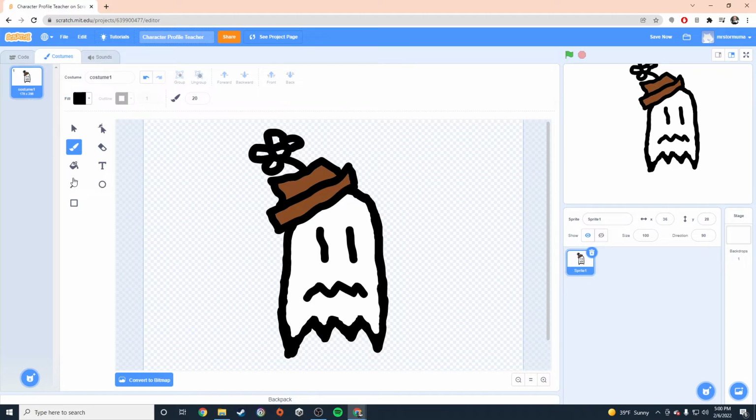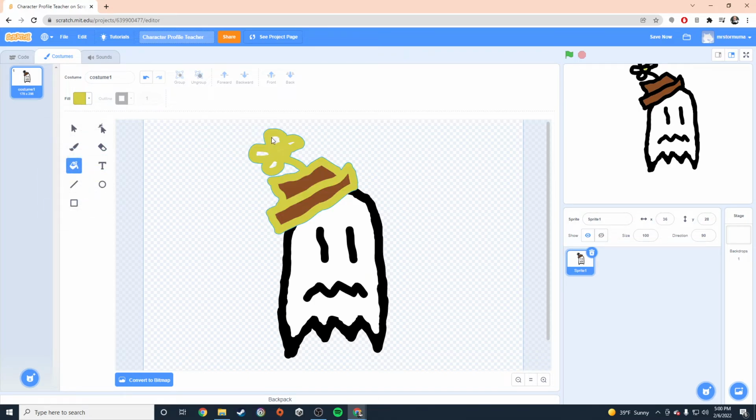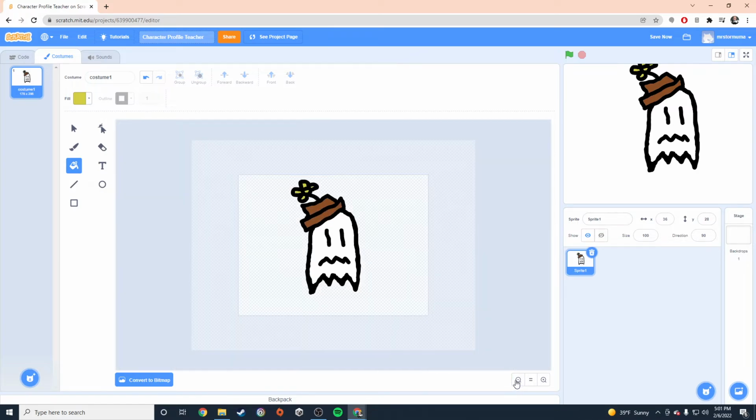Okay, so I have my little ghost. I'm going to give my flower some color. Give it some white or some yellow. All right, so now I have a little bit of color on my ghost. He looks kind of sad, actually. Maybe I'll make an animated movie about a sad ghost. Anyway, you can tell I am not a great artist, but I've put something together that actually looks pretty good. But there are a couple things we want to do before we get out of here,